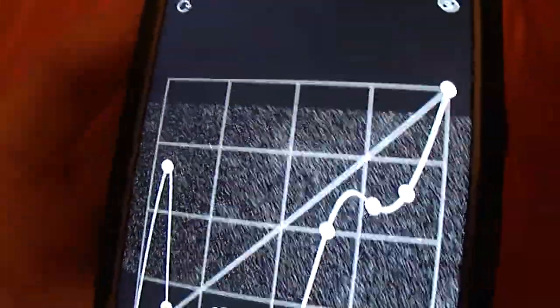But once you get it all weirded out on the curve setting, then when you go to brightness or any of the other settings, they'll do a lot more. There's not a lot of color in this picture, so they're not doing much, but